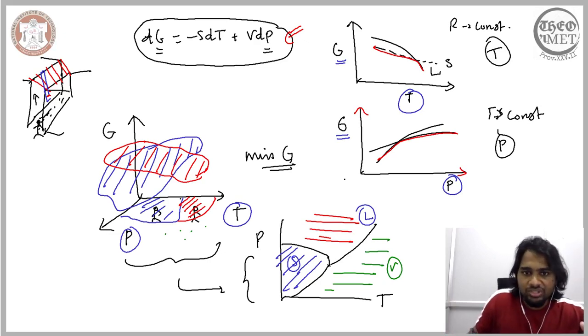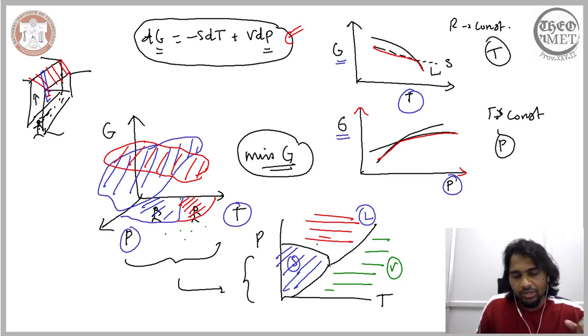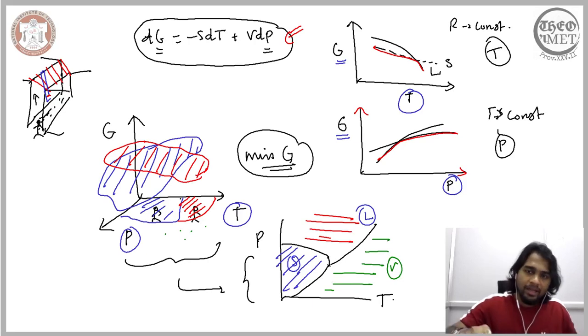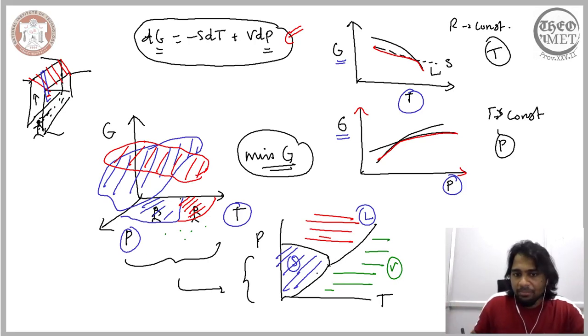And under this condition, we were able to move from a three-dimensional representation to a two-dimensional one, wherein we were able to state which states would be stable for a given combination of pressure and temperature. Now, when we refer to this state as phases, what we are able to state is which phase would be stable for a given combination of the thermodynamic variables. And this is what we refer to as the phase diagram.